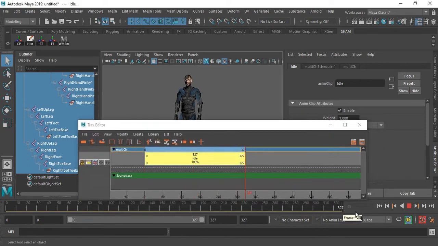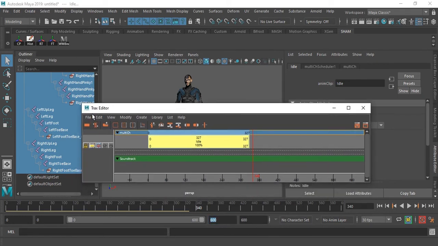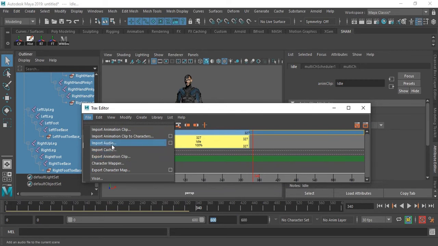Now while all these bones are in selected state, go to file and import animation clip to characters inside the tracks editor.